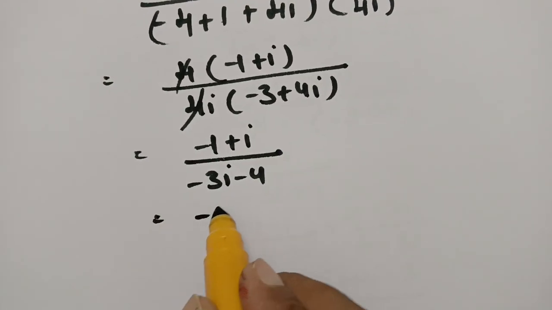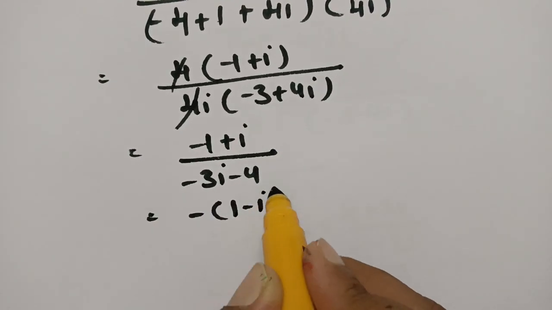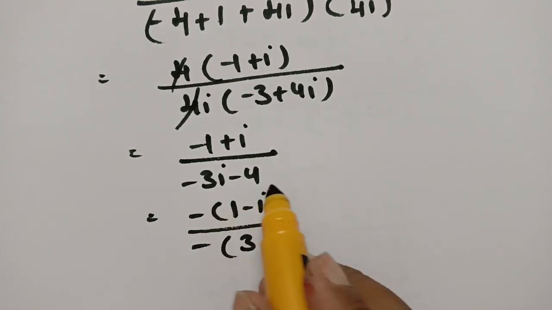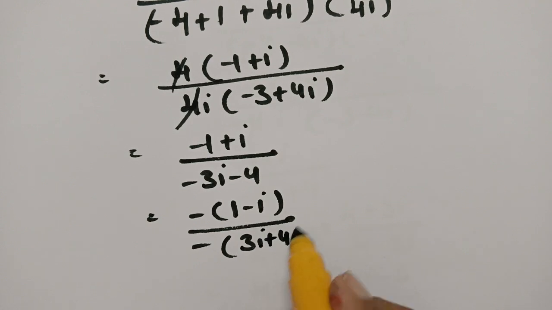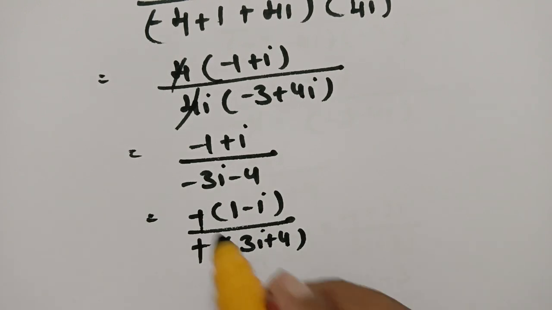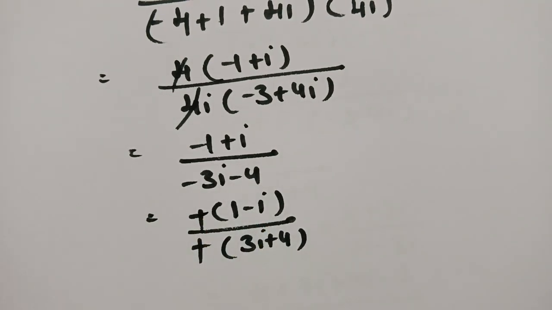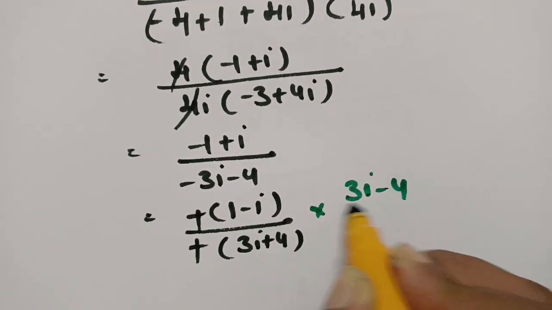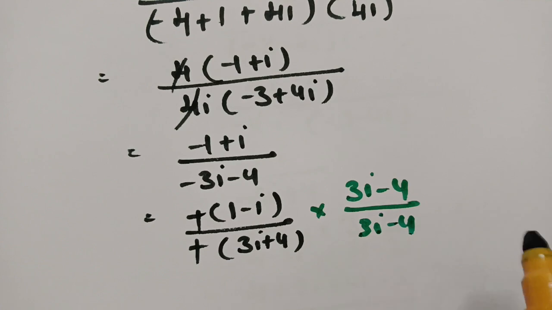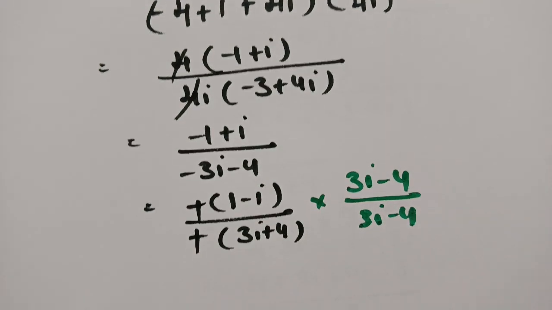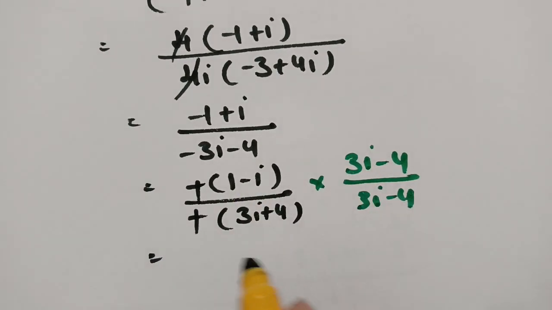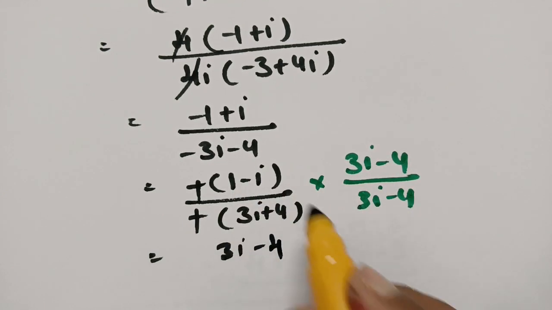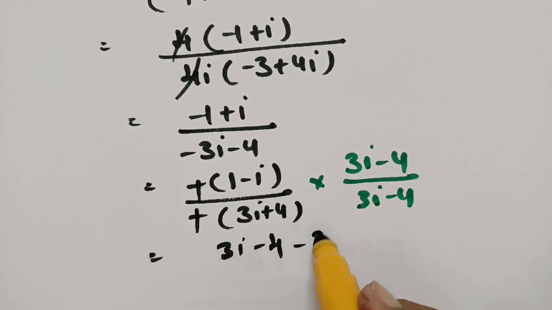So if I take minus common from the numerator, this will be 1 minus i. If I take minus common from the denominator, this will be 3i plus 4. So if I cancel this one and do the rationalization, after multiplying with 3i minus 4 in both, see what happens: 1 into 3i is 3i, and 1 into minus 4 is minus 4, and after multiplying,